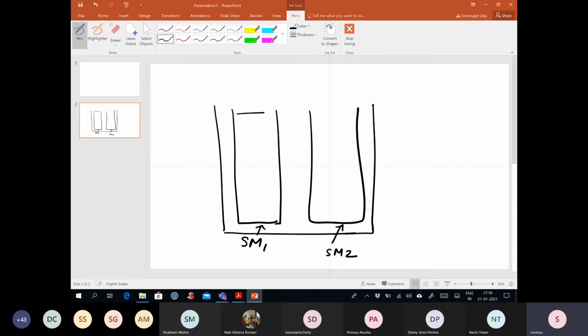Now each of the SMs, what are they supposed to have? They are supposed to have some shared memory, each of them, right? And apart from them, they are going to have a lot of scalar processors like this, right?